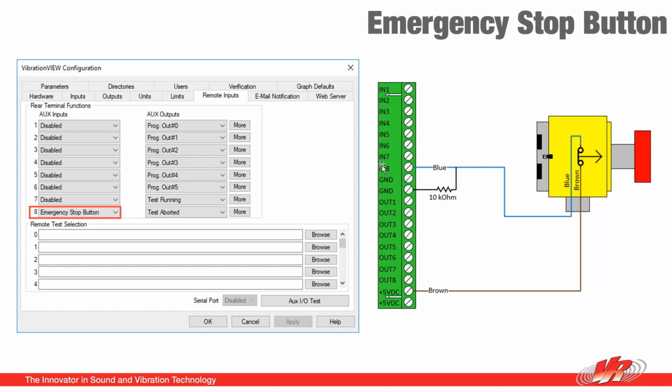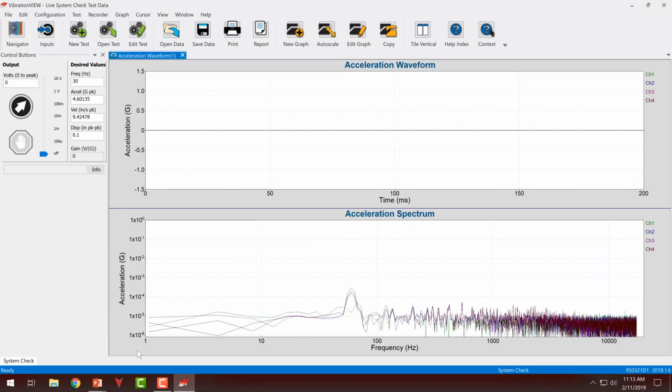This is enabled by default on every controller. This is not something that requires purchase. So any controller can always use an emergency stop. To set this up in Vibration View, if we move to the software, I need to go to Configuration,